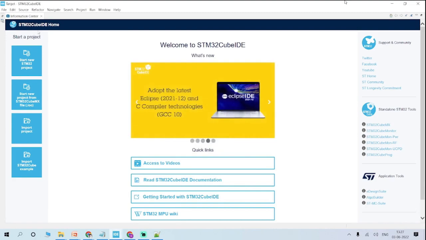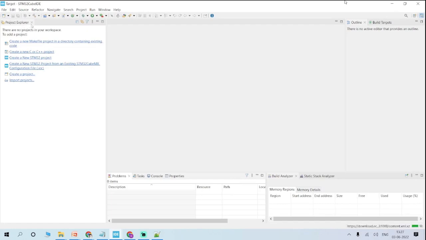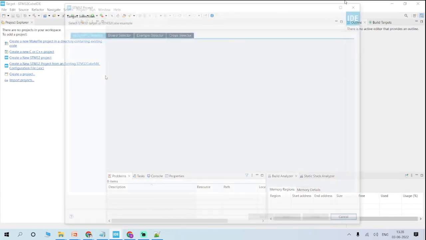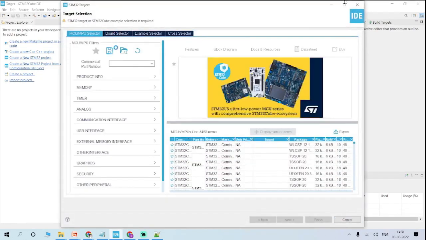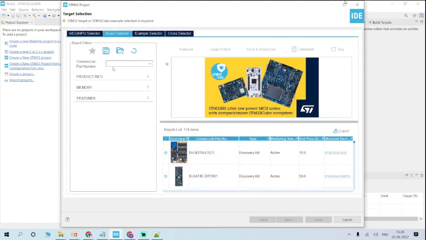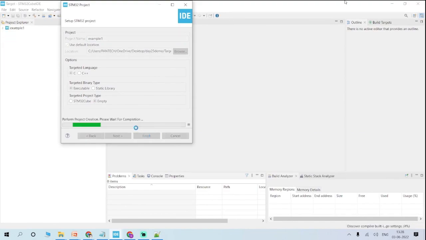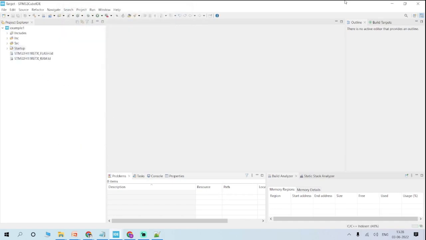Okay, so close this one. Click board selector. Choose the Nucleo board F411RE. Choose this board, click next. Example 1. Click empty and click finish. Okay. So in the source file, you just include